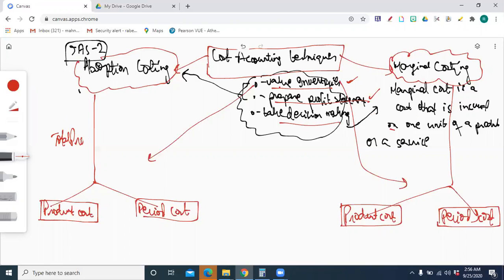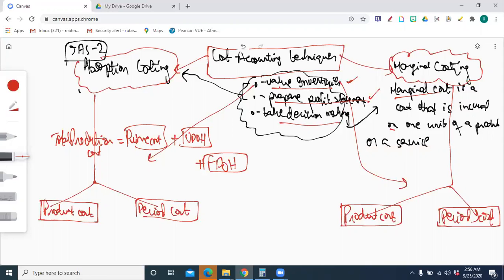production cost, which is basically the sum of prime cost plus variable production overhead plus fixed production overhead. And marginal costing,